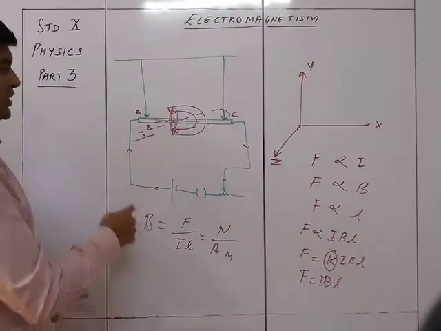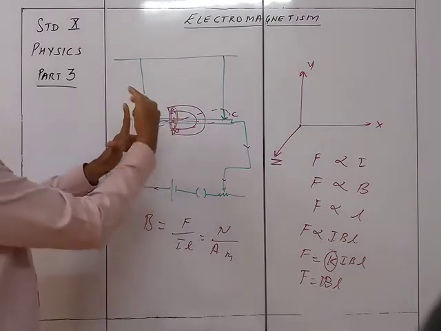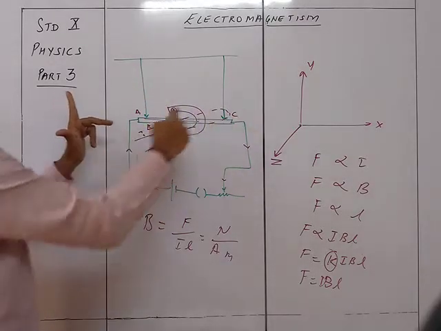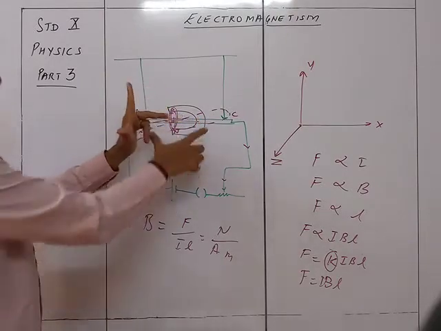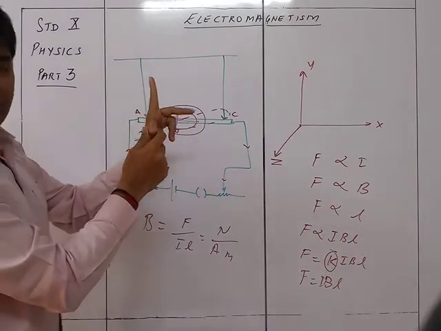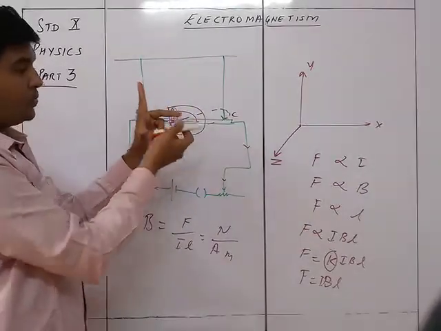You can see the direction of the magnetic field is upwards like this, north to south. The direction of the current is this way. So that's why I told you that this is going to go outwards. The direction of the conductor, as I told you, is going to go outwards, out of the paper. That is outwards, that is the thumb.